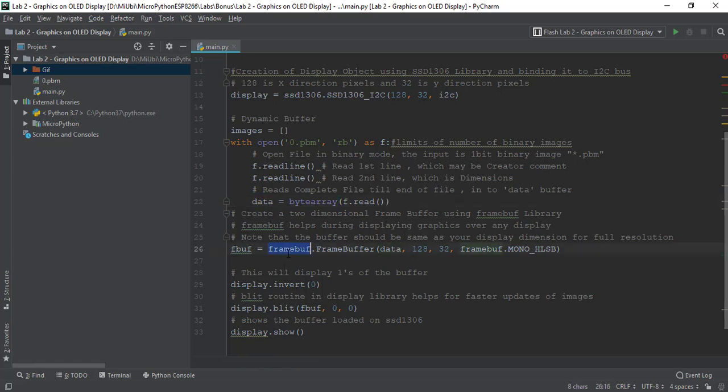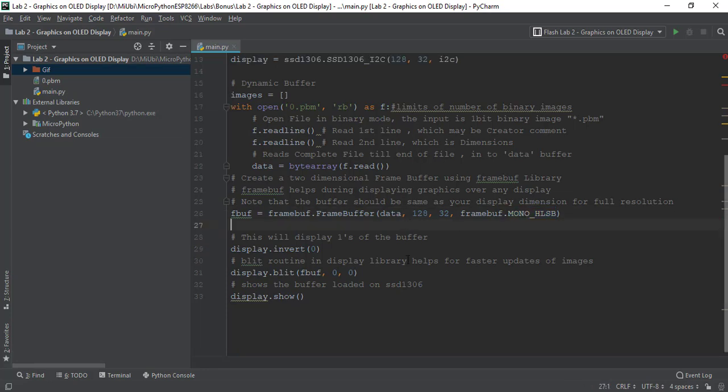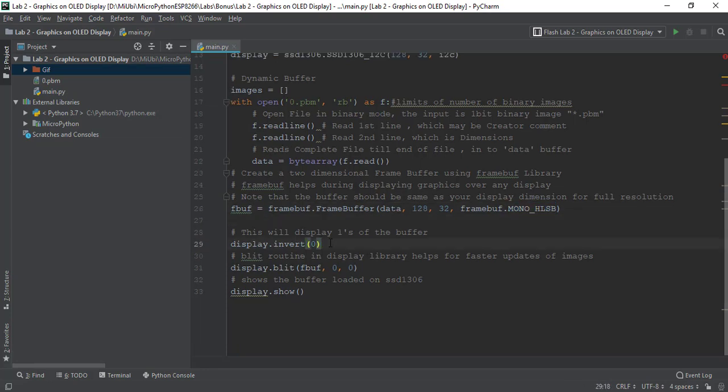Now FrameBuff is a library which helps you access the buffer very fast, with priority on MicroPython. I have given the access of the data buffer to FrameBuff, and I've also mentioned the size of my display, and this is the mode of reading. Blit is a routine used to update the images quickly.